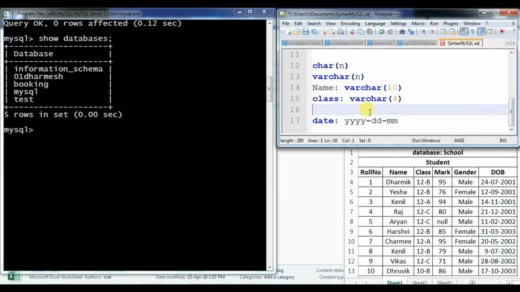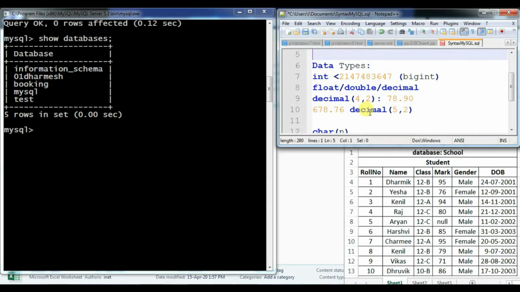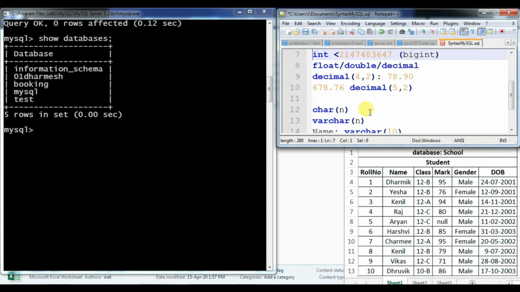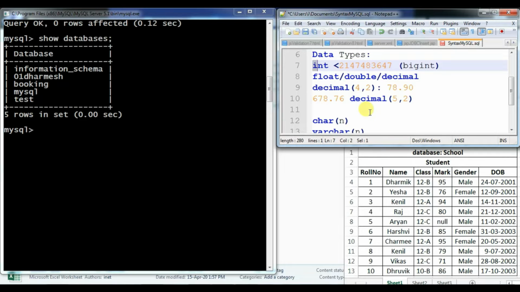So these are the basic data types you can use in MySQL. I'm not saying these are the only data types, but they are the most used. Now again, revise it. INT is for values less than a certain amount, but to store a mobile number you have to go with BIGINT. Float, double and decimal store fractional values. Here 4,2 specifies that there are 4 digits in total, and 2 specifies how many digits you want to store after the decimal point.